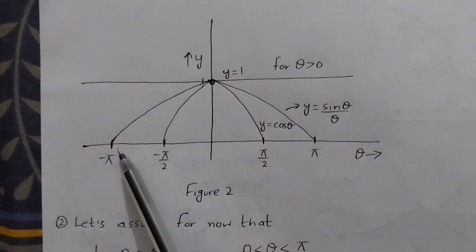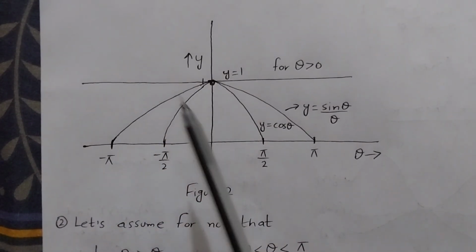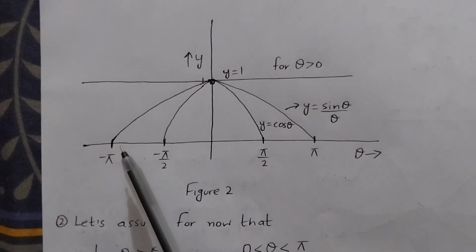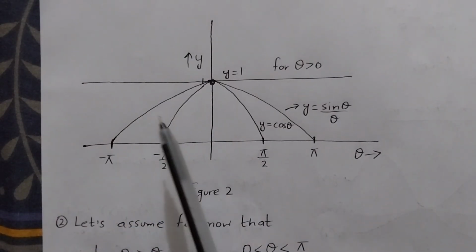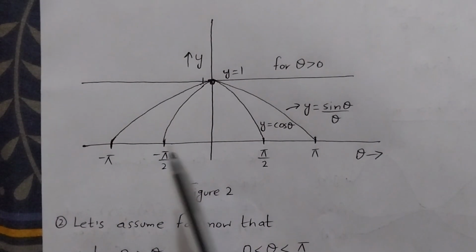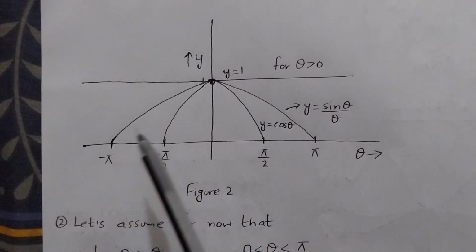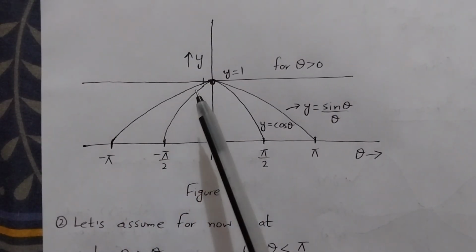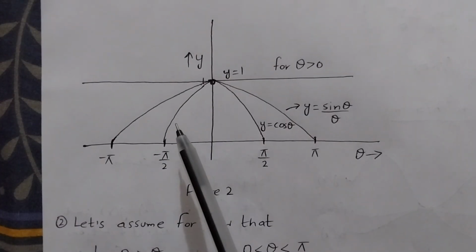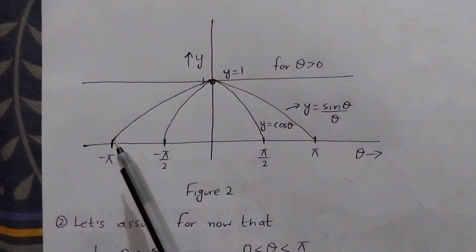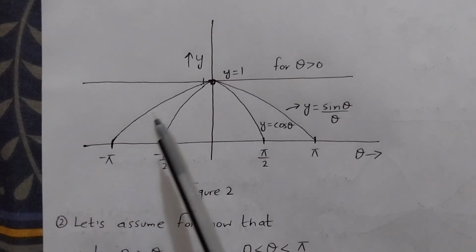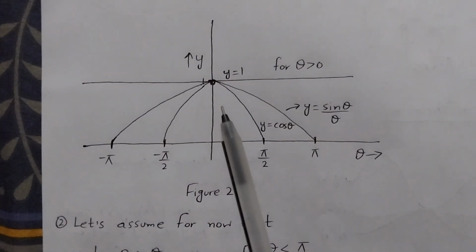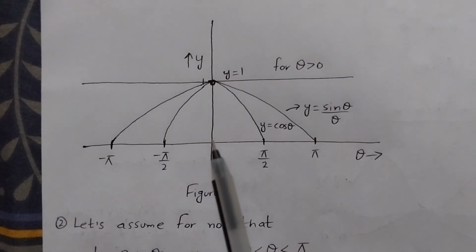this is sine theta over theta, and this is y is equal to 1, and this is cos theta. Even when theta is less than 0, a negative number, still sine theta over theta is sandwiched between y is equal to 1 and y is equal to cos theta, and it approaches 1. Why is that the case? Because